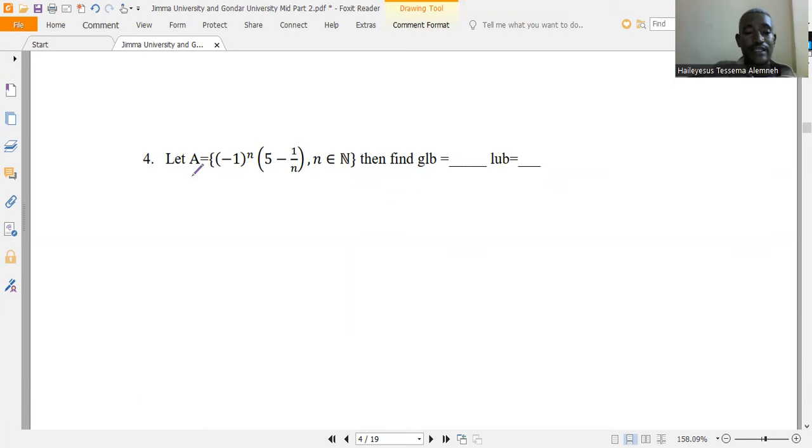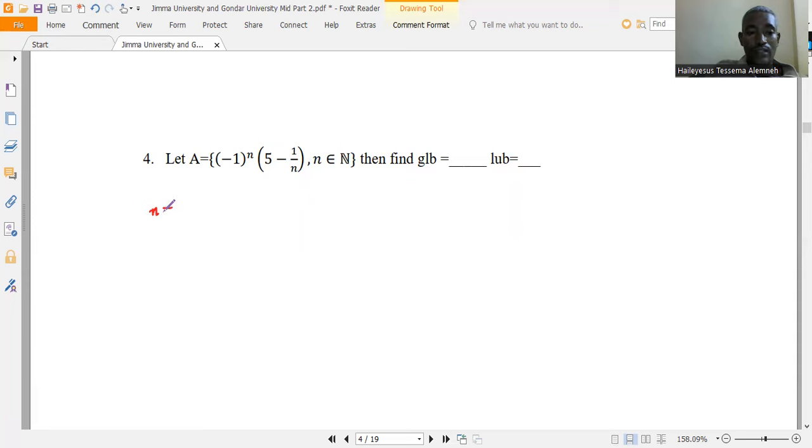Given a set A which is minus 1 the power of n times 5 minus 1 over n, where n is a natural number, then find the greatest lower bound and the least upper bound. greatest lower bound እና least upper bound መፈለግ ነው የዚህ ጥያቄ። ስለዚህ ኤሌመንቶቹን ማወቅ አለብን። አሁን when n is an element of natural numbers ስለዚህ